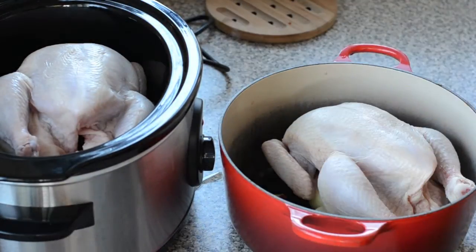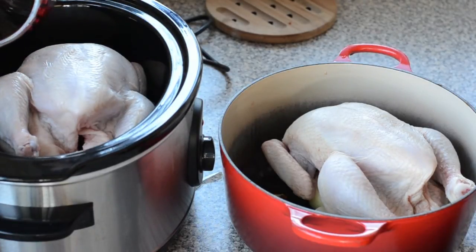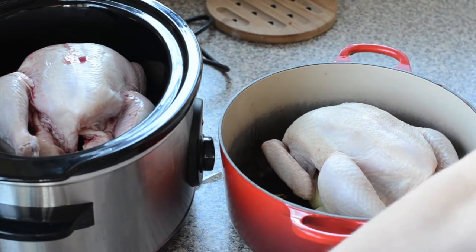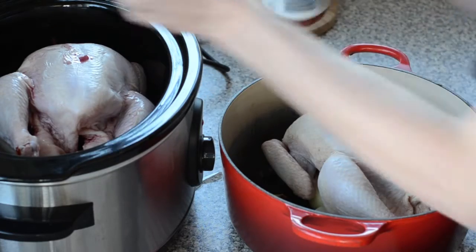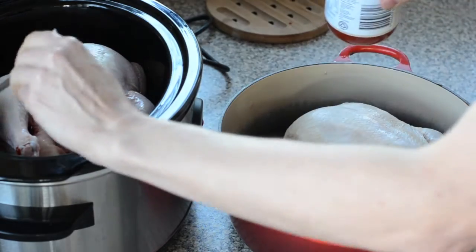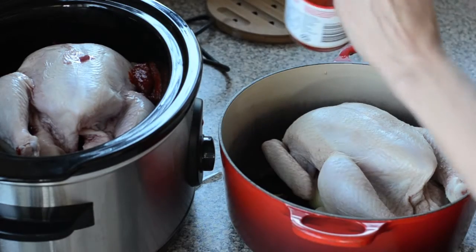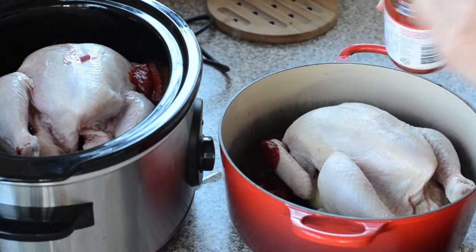And then for the slow cooker, I'm putting in half the amount of liquid. So we've got three quarters of a cup there of red wine. And I'm going to use the same amount of tomato paste for both. So about 4 tablespoons. That can just go in around the chicken, or you can put it on top if you wanted. So 4 tablespoons tomato paste, be kind of generous